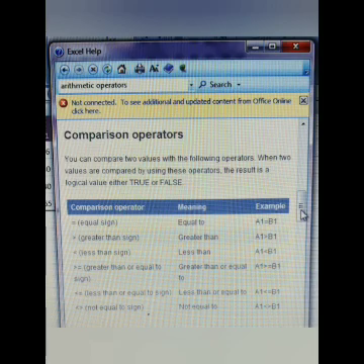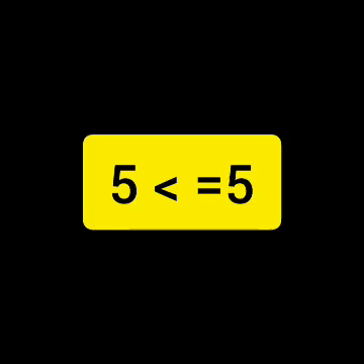So less than or equal to is an operator that is used to check whether a number is less than the second number or whether the first number is equal to the second number. For example, 5 less than or equal to 5. Here 5 less than 5 is not possible, but 5 equal to 5 is true. So the result of this operator will be true here. 5 less than or equal to 5 എന്ന് പറയുമ്പോൾ അതിൽ 5 equal to 5 ആണ്, അതുകൊണ്ട് അത് ട്രൂ ആയി മാറുന്നു.